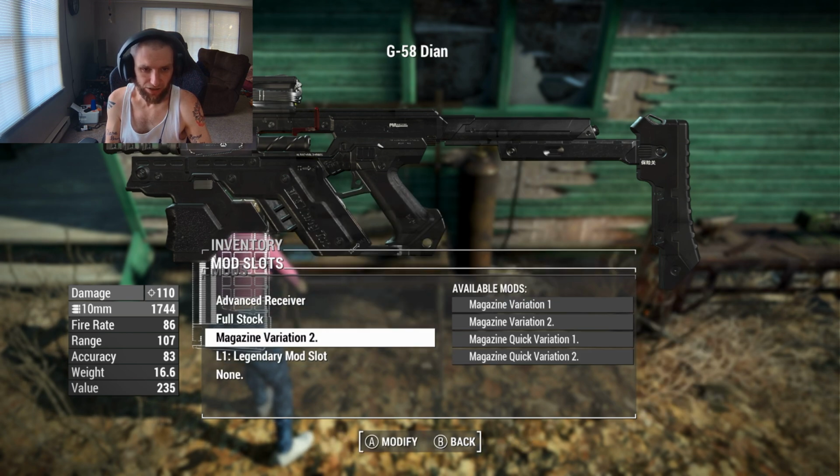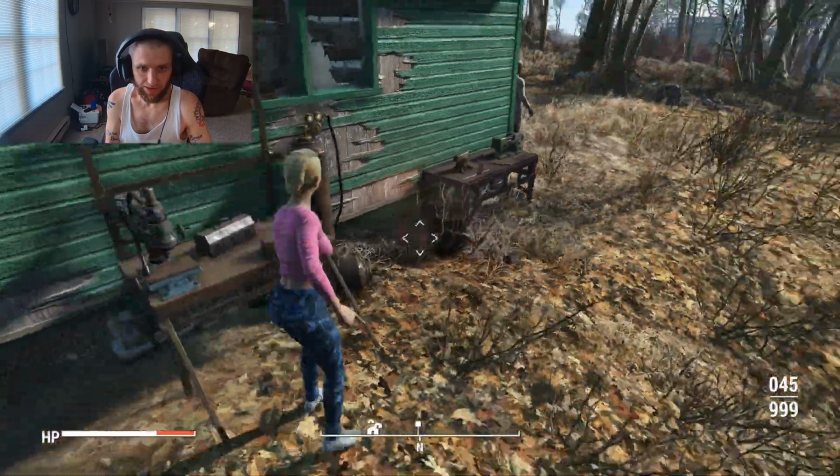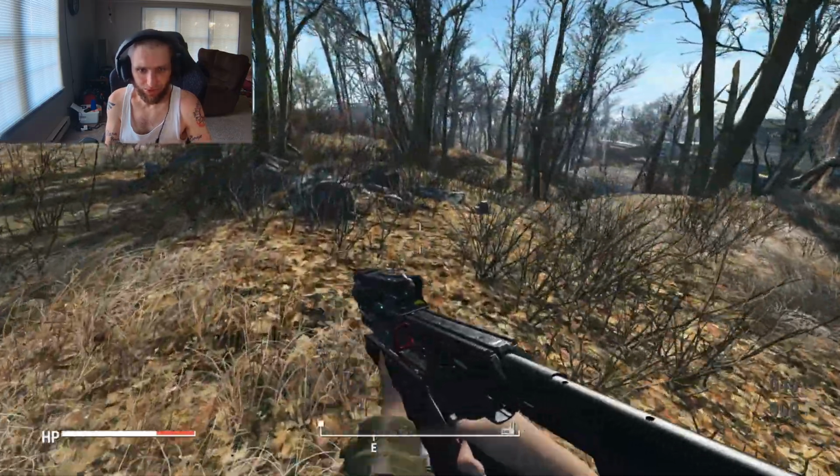I want to see what magazine variation 2 is, like a different reload. And what's this none here at the bottom? No first time equipped, E3 equip. I don't know what that is. So is that like an E3 equipment? Like if we pull it out, like,